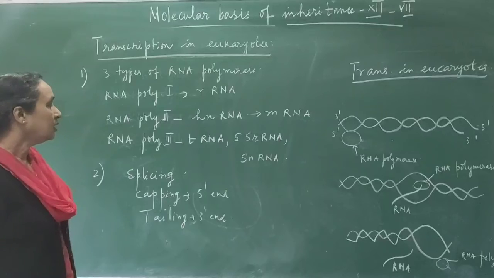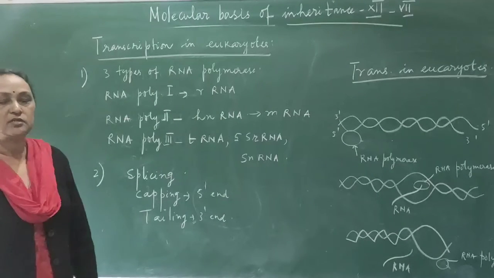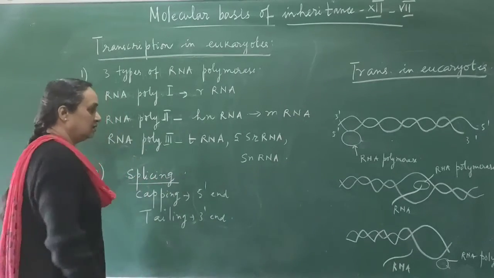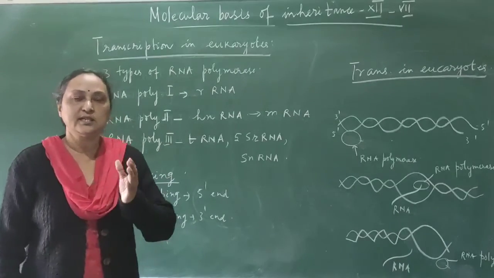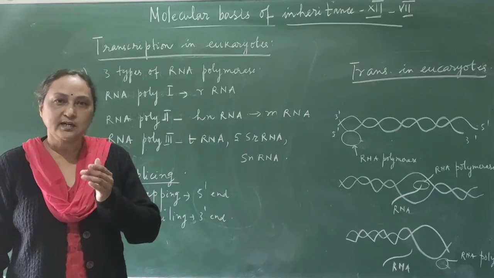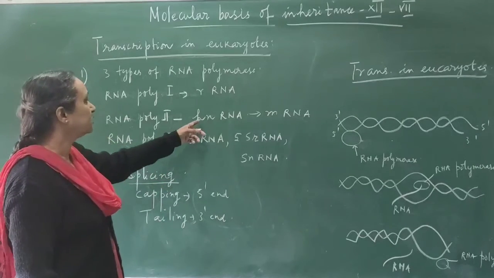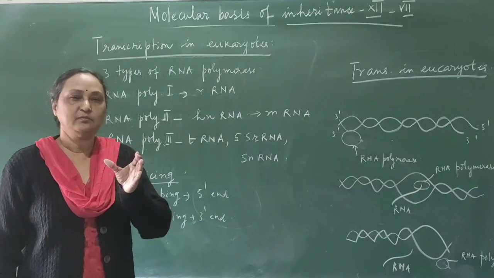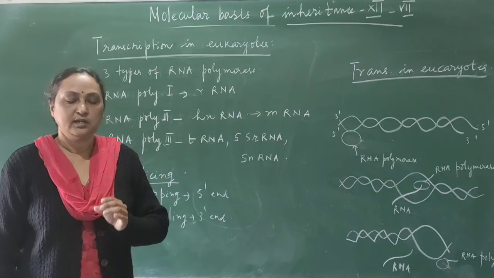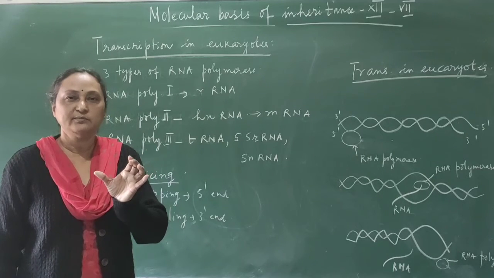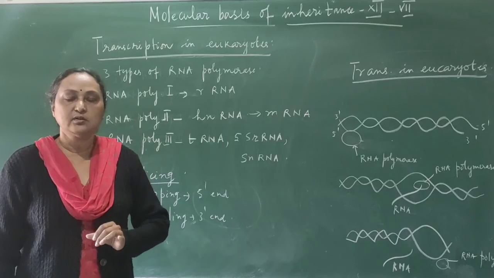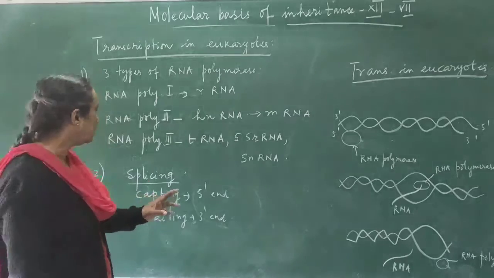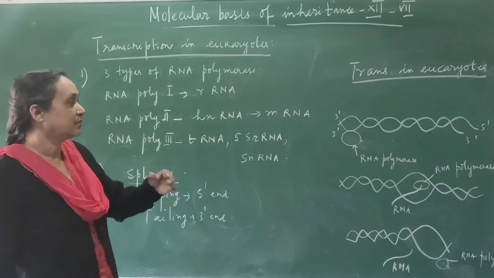Okay. Now in the eukaryotes there is another process operating, and that process is called splicing. Because in the eukaryotes the nascent RNA which is transcribed is called heterogeneous nuclear RNA. Then that RNA has both introns and exons. Exons are coding areas which can give the information, and the introns are non-coding areas which are not giving any kind of information. Okay, so here the introns are separated.